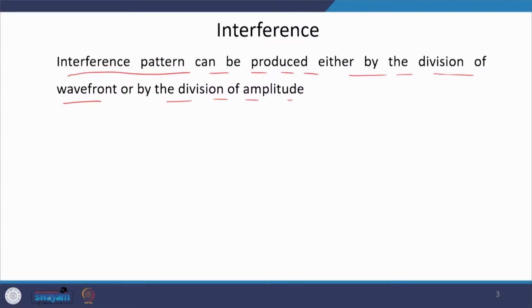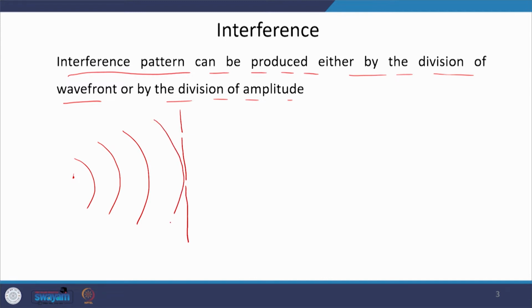Now just to revive your concept, the interference pattern can be produced either by division of wavefront or by division of amplitude. This concept was introduced in prior lectures. Whenever we say division of wavefront, it means that suppose we have a point source here emitting a spherical wavefront, and we put some slits in front of these spherical wavefronts. Then what will